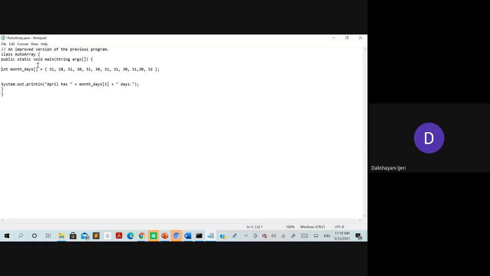So it is going to consider the size as 12, and all the elements within these curly braces are going to be stored as usual, right? That is, the first value will be stored with the index value 0, 1, 2, and so on. So storing the values is going to remain the same no matter which method you use. If you use the earlier method that we discussed, the same way of storing the values is considered.